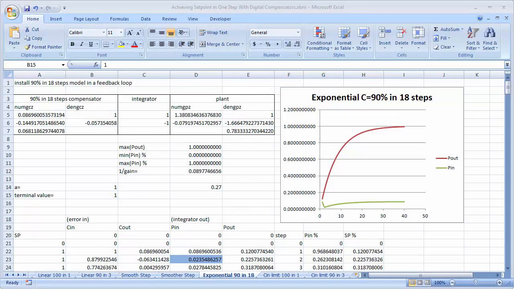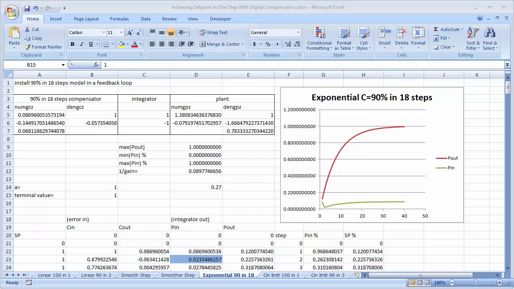Model from a previous exercise, we'll build several compensators and use error limiting at the compensator input to control system behavior. The results are very similar to the strategy of setpoint slewing, which was covered in a previous video. The difference being that with setpoint slewing, system behavior is controlled and limited externally by applying a function at the setpoint input, such as smooth step or smoother step, whereas with error limiting, system behavior is controlled and limited internally